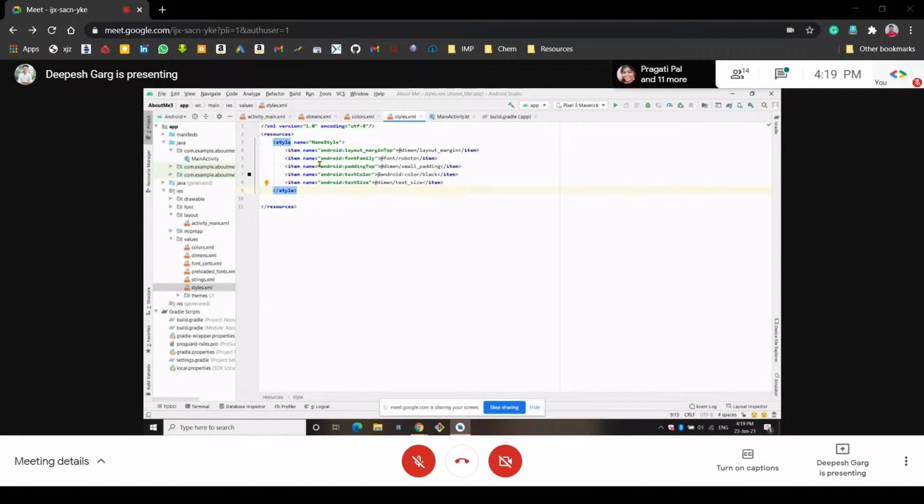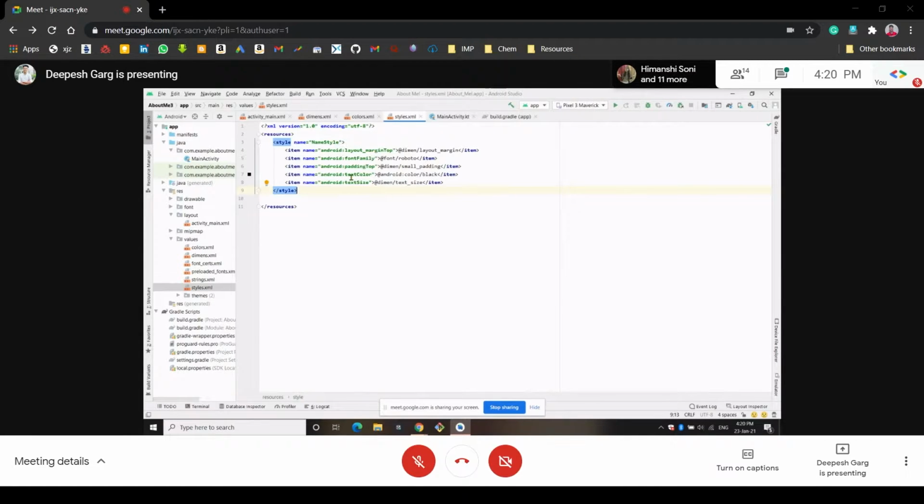And then we also have created here the font family, because we want some style in our text. We don't want it to be in a simple manner. So I have created the font family to be Roboto. So we have changed to the Roboto font family. And we have also given the padding top. So we have also extracted this padding top from the dimension file that we have created. It is called small padding. So in the dimension file, we have created one small padding of 8 dp. So we have called this small padding from this dimensions.xml, and in the styles.xml, we have created this padding.